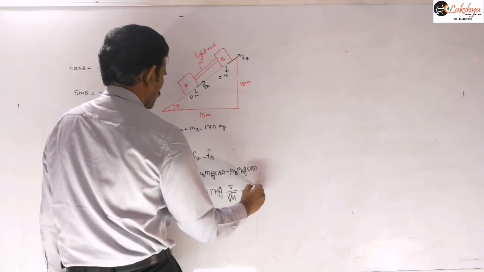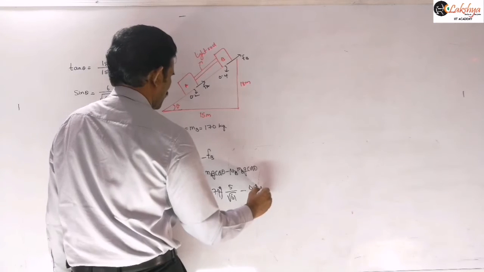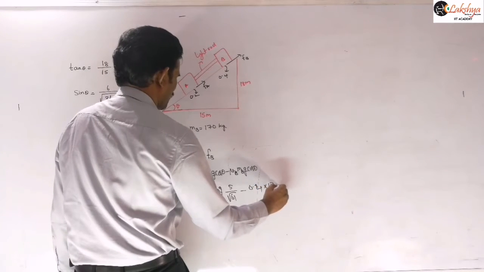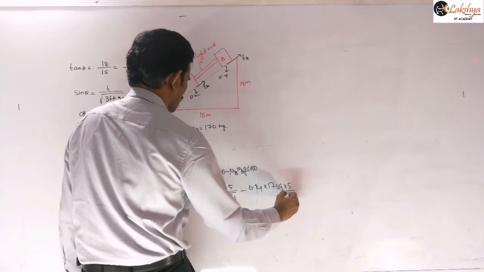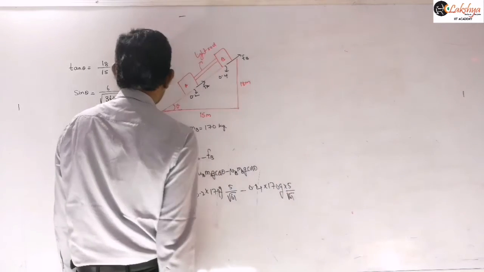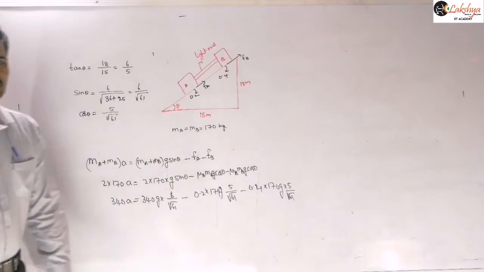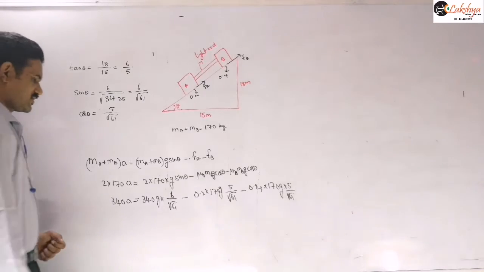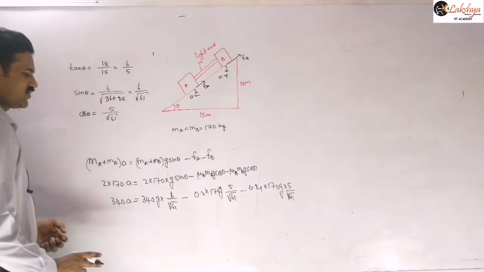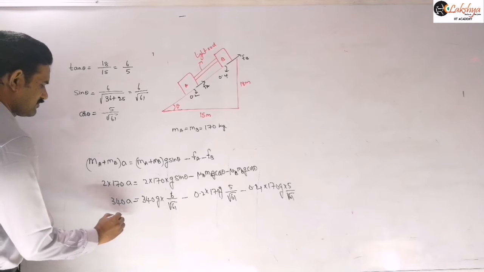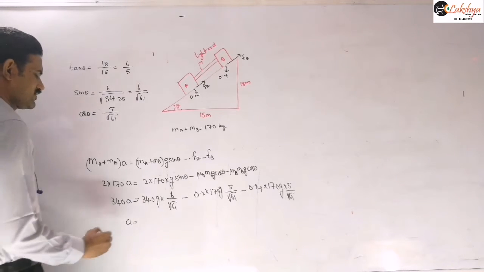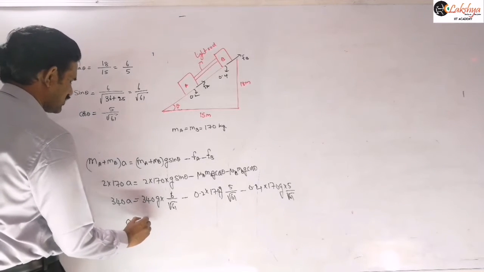minus this is 0.4 for B into 170 into G into cos 30. Cos 30 is again 5 by root 61 you can write there, right? And so next you may simplify this equation so that you will get the acceleration of this block here. So I am taking this as A is equal to, you can do the simplification here,